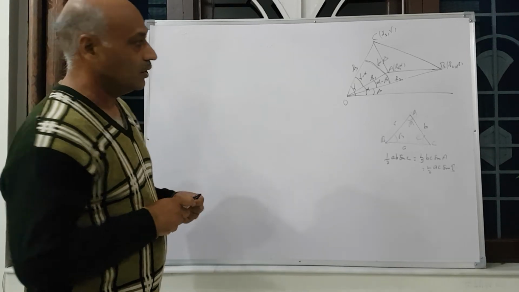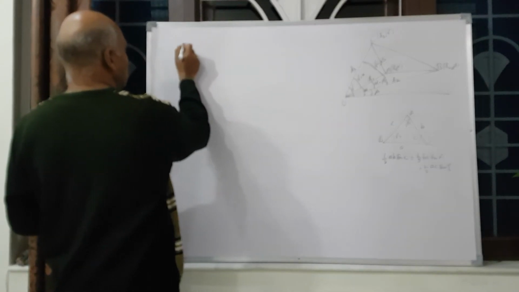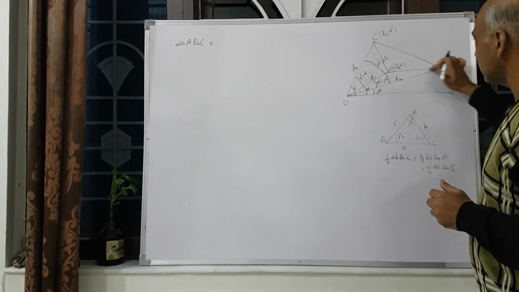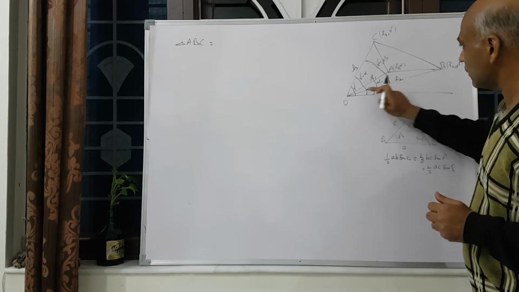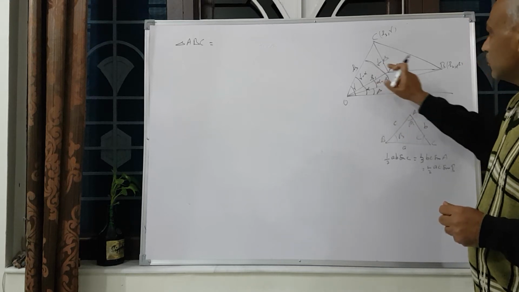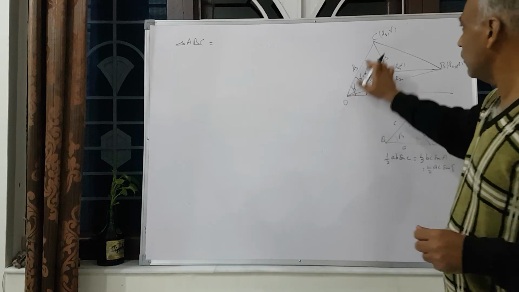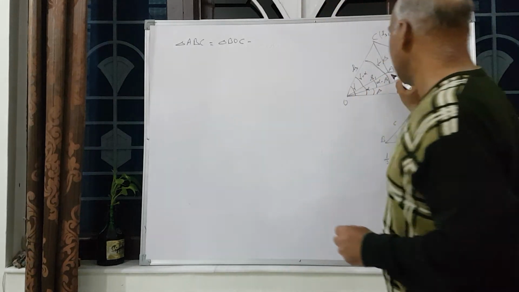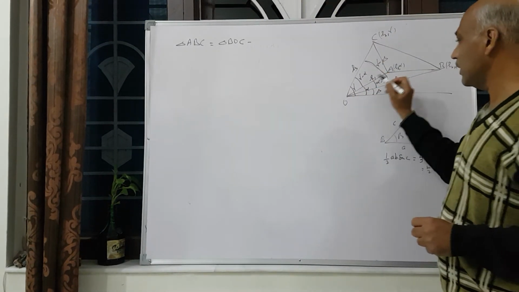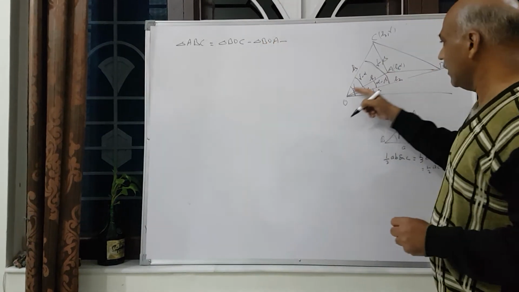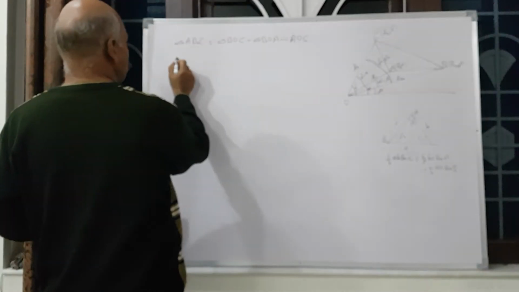So same things. Area of triangle ABC. This triangle is first this one minus this plus this. So we have to find for triangle BOC minus this one and this one, BOA, minus AOC. So BOC